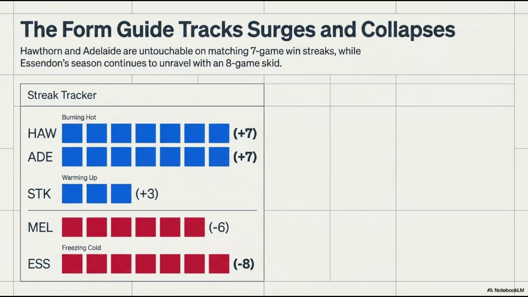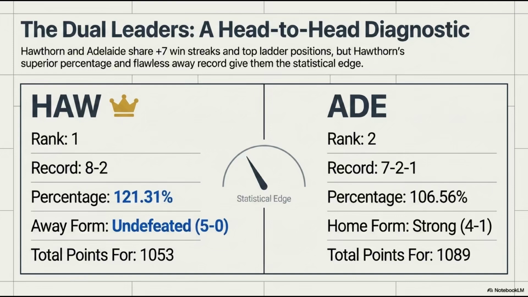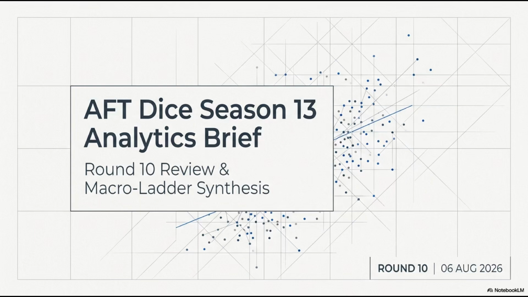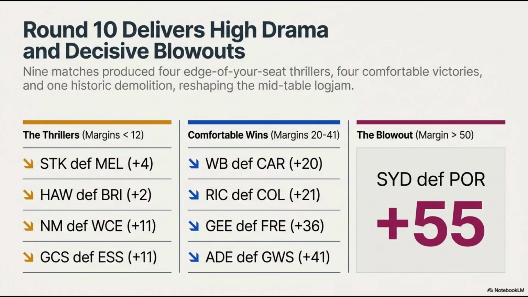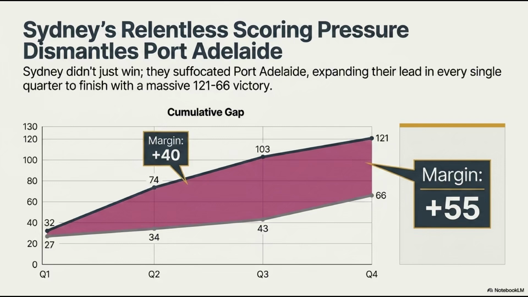For those of you who aren't familiar, AFT Dice is a simulation league. It takes the real-world teams, strategies, and environments of Australian rules football, the AFL, and translates them into this deeply complex environment. It's all driven by dice rolling mechanics and probability engines. It is essentially a universe where athletic prowess is totally replaced by algorithmic modifiers. Like, in this ecosystem, a team doesn't just kick a goal. A manager actually rolls against defensive algorithms, simulated weather conditions, and pitch degradation metrics. Which sounds exhausting to manage, honestly.